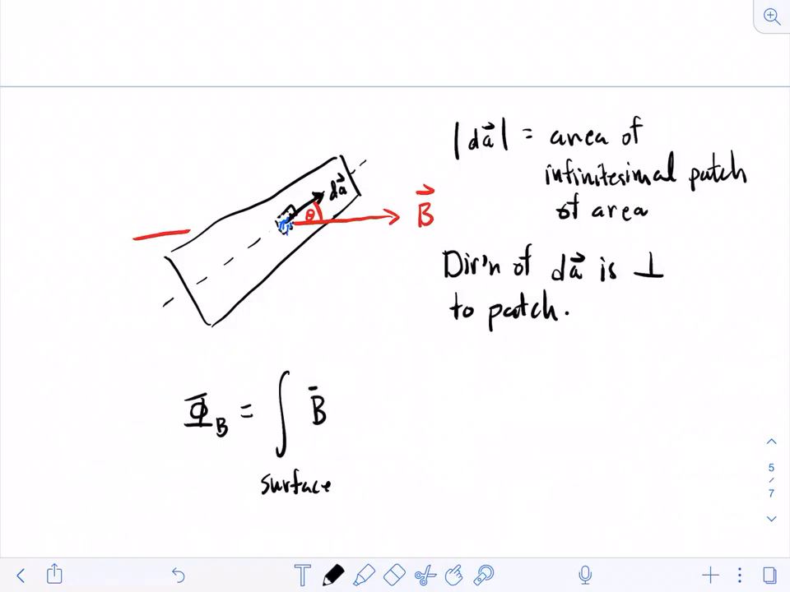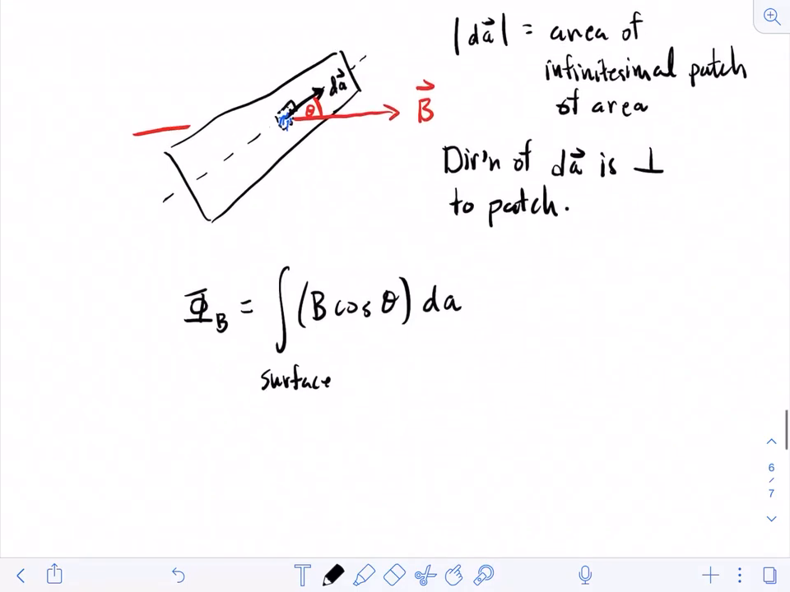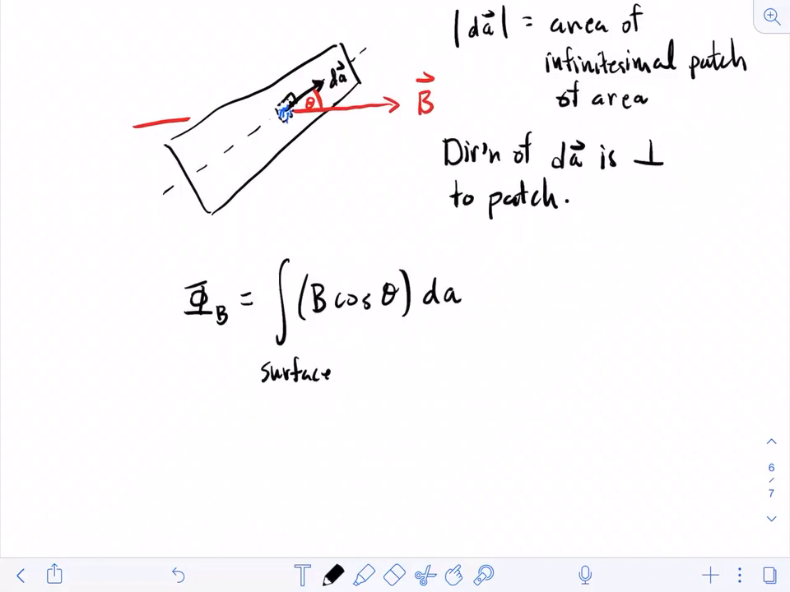B, let me write it as B cos theta dA. Okay, so if you actually evaluated this integral for some surface, let's suppose that our surface has a total area A, and